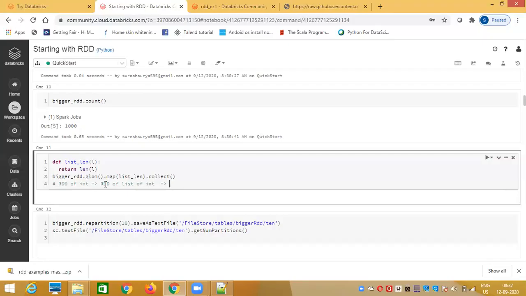So what we are saying is, the moment you call the glom function, it transformed your RDD of integers to an RDD of lists of integers, and then again you are calling the map function. Map is a keyword that we have learned in school mathematics. If you remember in the sixth standard, we discussed linear algebra, quadratic equation, cubic equation, linear equation. The same thing, like y is equal to f of x is equal to x square plus 2x plus 5. It has no relation with this program, I'm just giving a hypothetical example.